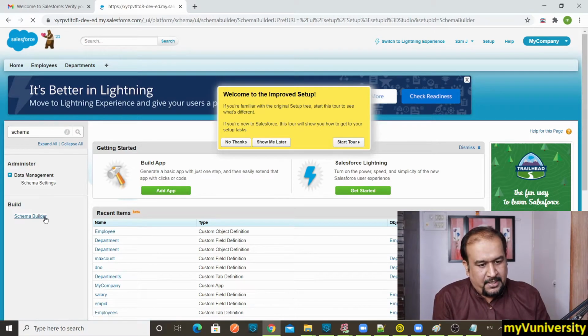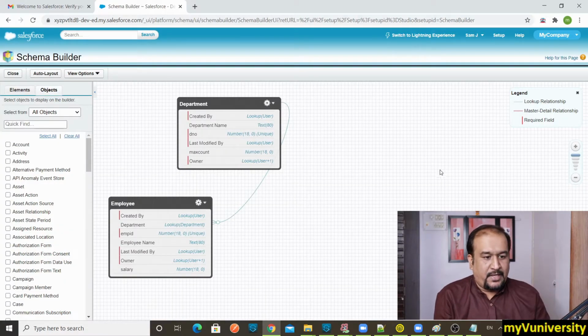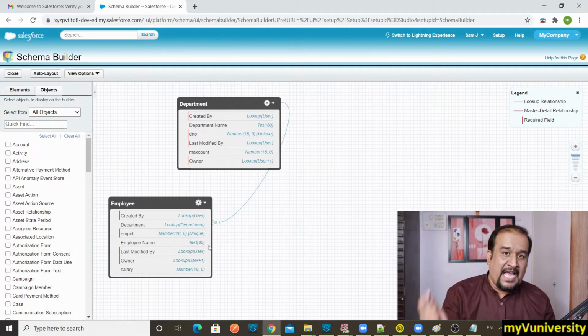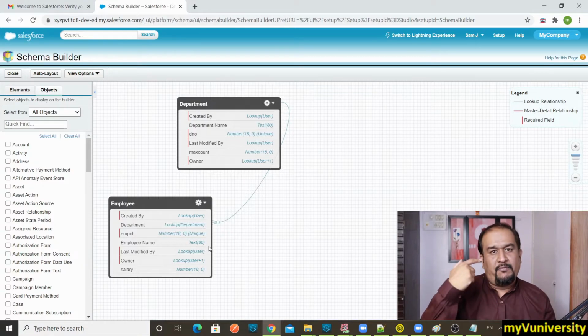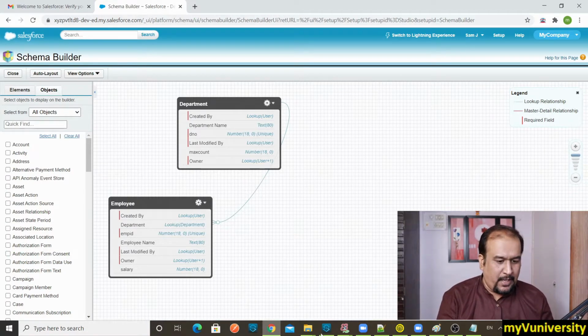Yes, let's go to Schema Builder, and you can see that there is a relationship between Employee and Department. This is nothing but the lookup relationship from Employee. The fork is at the Employee side, the many side. So one to many, Department to Employee. And as it is a lookup, for every employee there is no need to have a department. So the parent is optional.